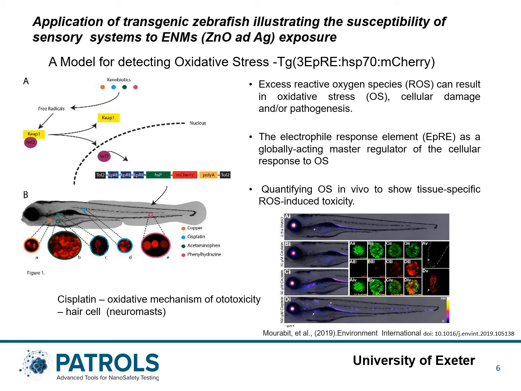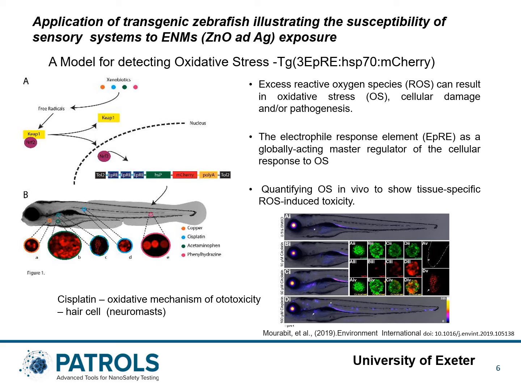The second component of work we did was looking at the application of a transgenic zebrafish model to look at the susceptibility of them to the effects of zinc oxide and silver nanomaterials. This oxidative stress model is a transgenic we've created, which works through something called the electrophile response element. The electrophile response element is a sort of master regulator of the oxidative response pathway both in mammals and in fish. And what we did, we stably integrated 3 electrophile response elements into the genome of the zebrafish, and our